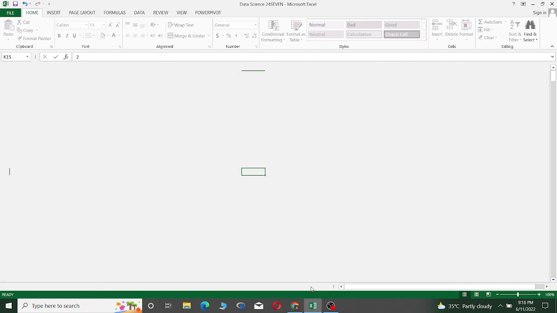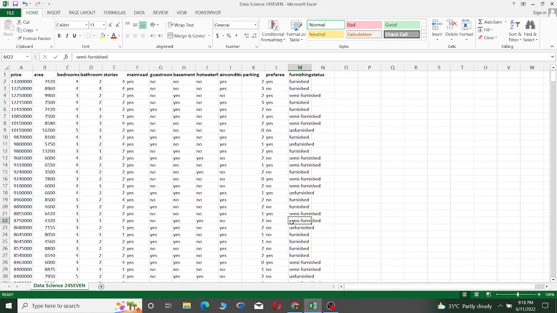So let me quickly show my Excel sheet. Here is a very basic data of house pricing. This is a very basic project that a data science beginner can try. This is an open data set that you can take from Kaggle. We have multiple variables that are associated with the dependent variable price. Suppose we want to know what pattern this area variable is exhibiting with the price of the house. First of all, we need to look into the pattern with the help of a scatter plot